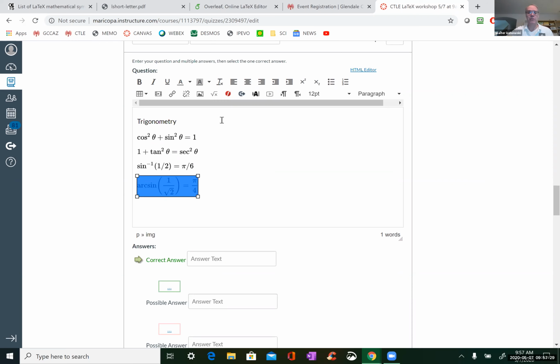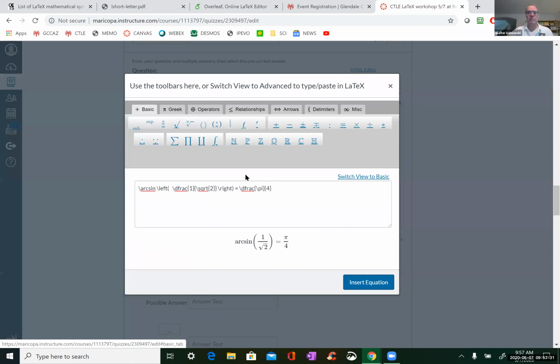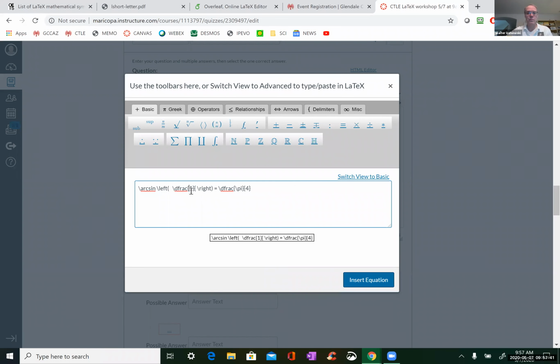Okay. And of course, if you prefer, if I didn't screw it up, maybe I did. It's hard to read. I think I screwed up my braces here somewhere. Let's see.